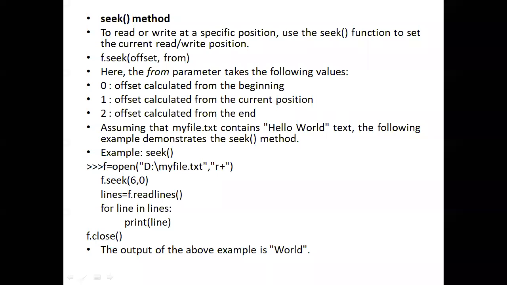W is nothing but writing the file in text mode. WB is nothing but writing the file in binary mode. So if you want to work with text files, go with W mode. If you want to work with binary files, go with WB. Do you still have any doubts?